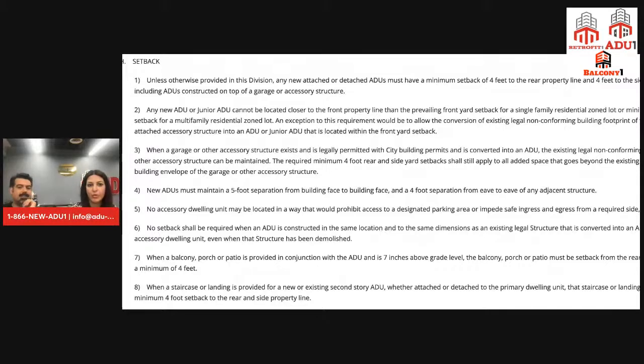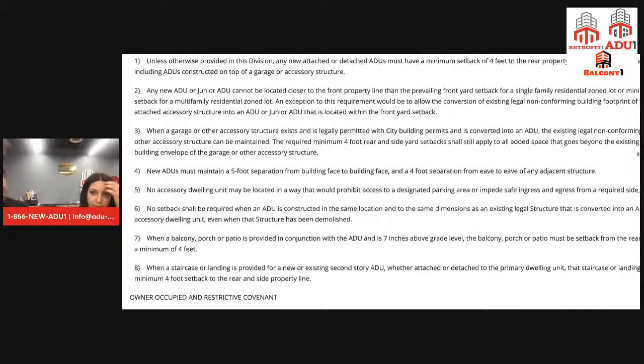Setbacks. Yeah, or I believe even building separation. So it's a case by case basis. That's for a different show, right? But in this case, what's also, I believe,